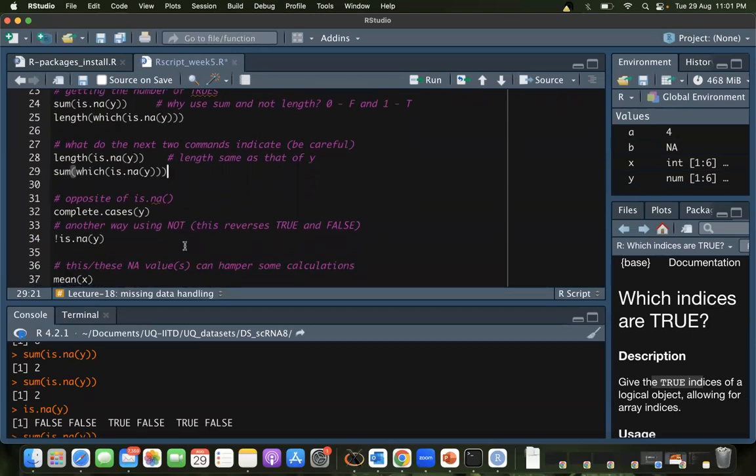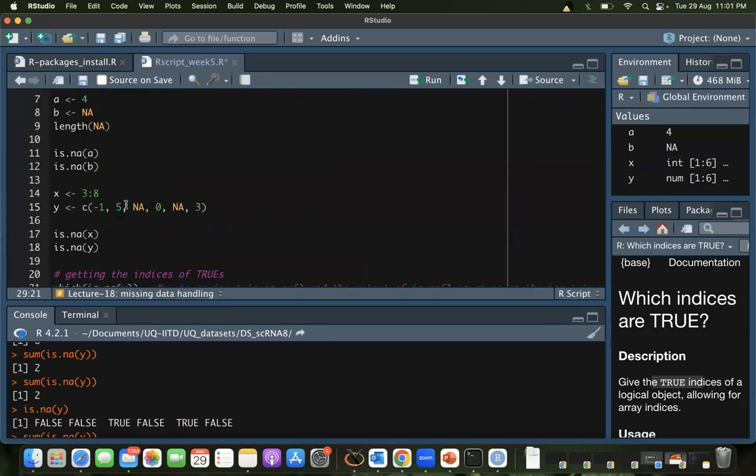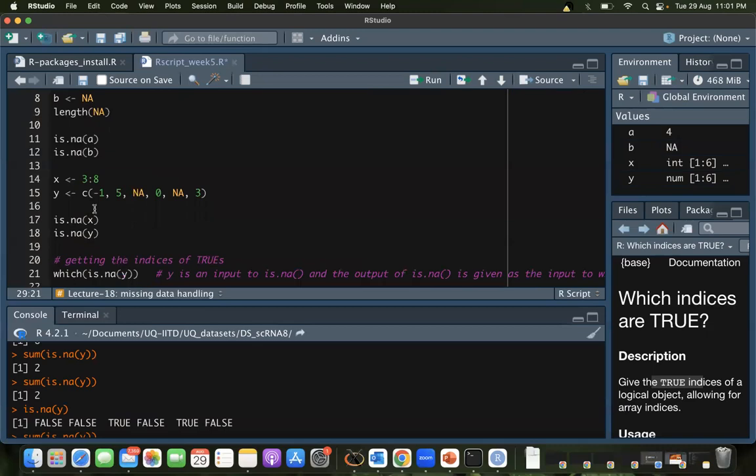Okay. All right. Now, where we were initially is that we were interested in finding the indices or the values that are actually NA. But what if you are interested in the non-NA values, which also makes sense, right?